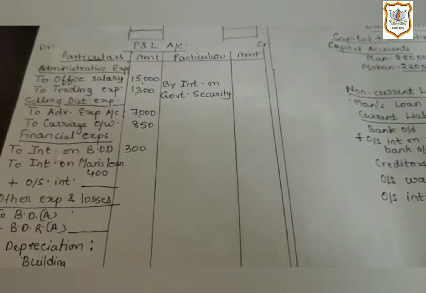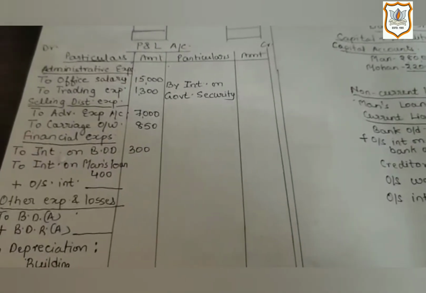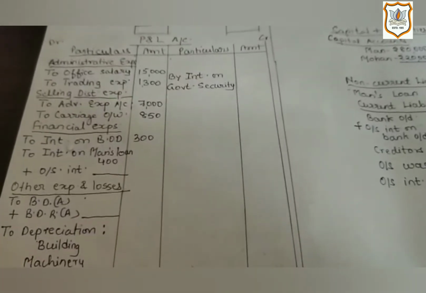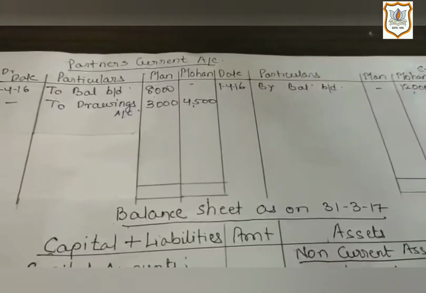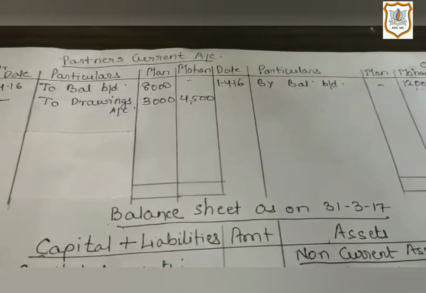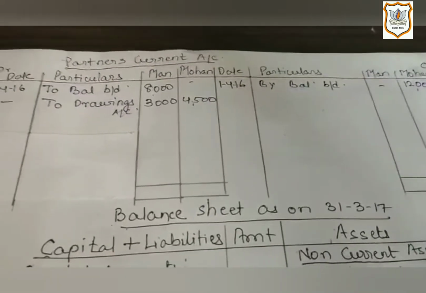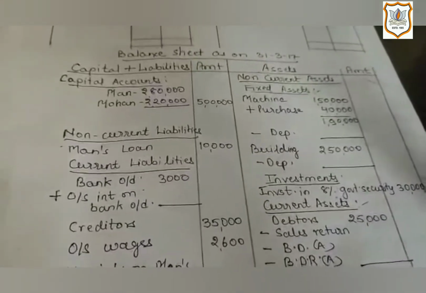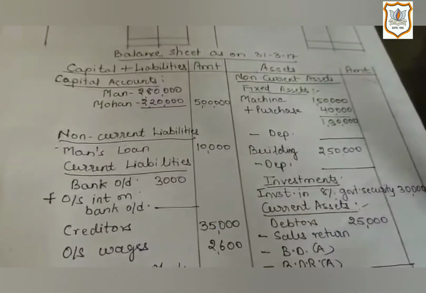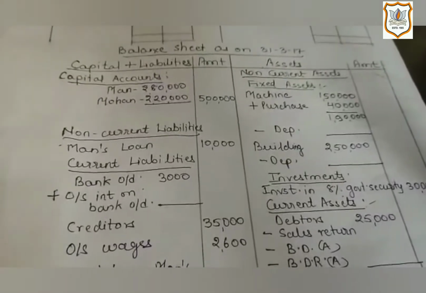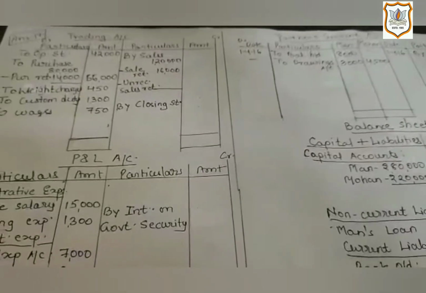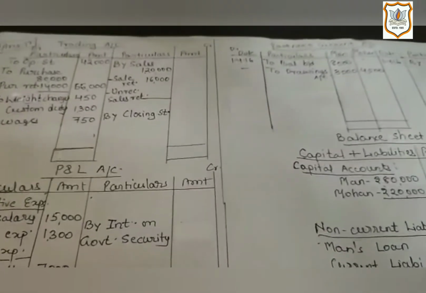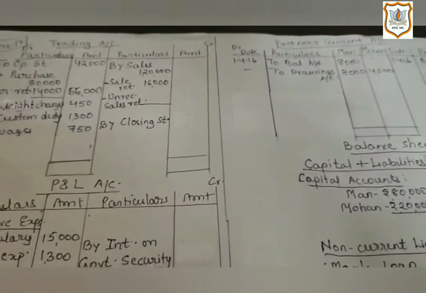In profit and loss account also, on debit side, I have posted all indirect expenses from trial balance. In partner's current account, opening current account balance of partners will be recorded, drawings will be recorded. Then I have posted all assets and liabilities, opening capital balance from trial balance in balance sheet. And for adjustments, I have left space where it is required. So let's move on to solve adjustment.